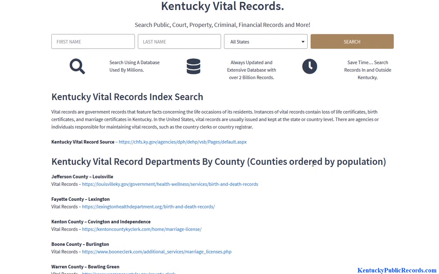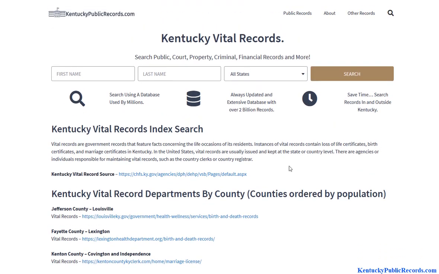So one thing to consider is if you are trying to get an actual certificate, an actual document, those are for just the individual. Let's say it's a birth certificate, just the individual it belongs to, maybe the parents, guardians, legal representatives. So it's not made for public. Now if you are looking for a certificate, these are the tools you could use. Well, these are government agencies here that you can use at the state level or the county level to request this information. Now for everybody else that's just trying to look up